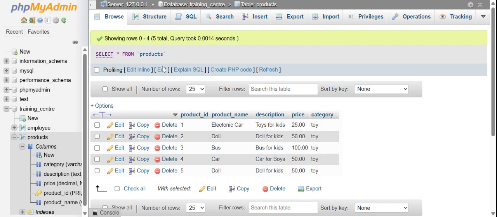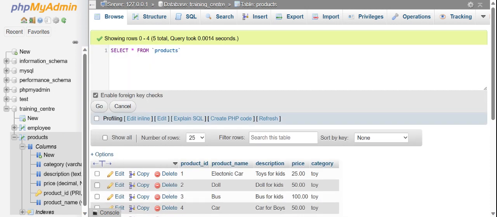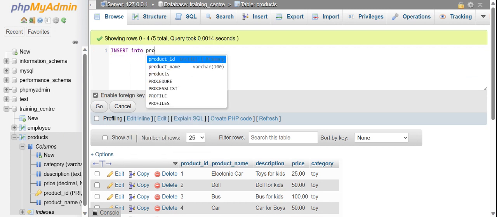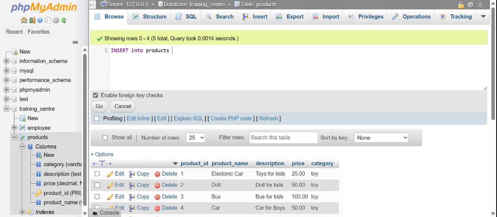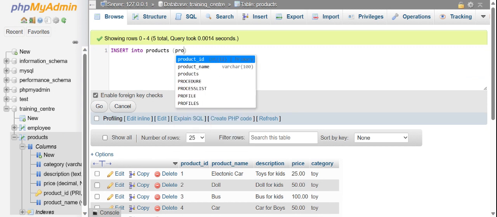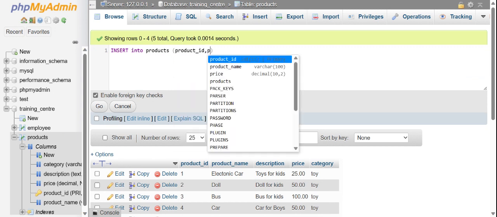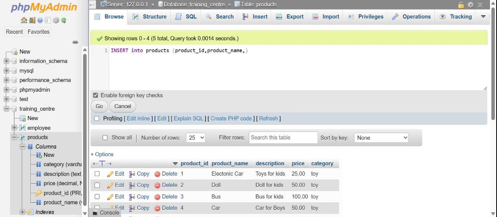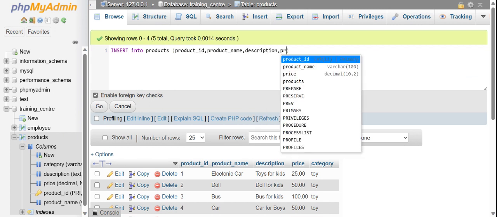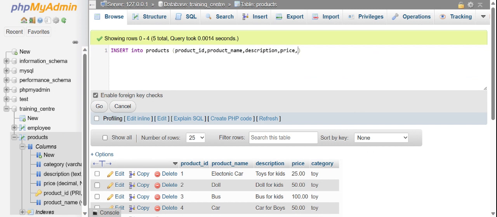Okay, maybe it has taken the record, so record has been considered. Product ID, product name, description, then price, and then category, values keyword. And again, suppose this time I'm not